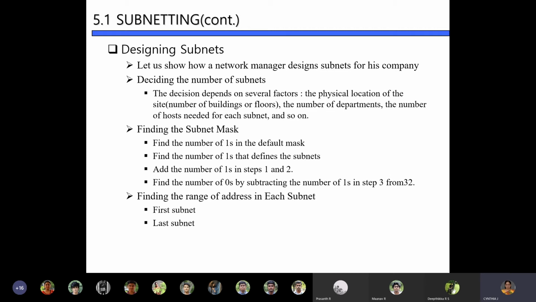Now you will find the range of addresses in each subnet. As I told you, there will be one lab present in each of the blocks. Every lab will have a few systems. I need to give a unique IP address to all systems. The remaining bits, from all zeros to all ones, can be assigned as the IP addresses for each subnet. In fact, all zeros and all ones cannot be assigned, so the other numbers can be assigned.